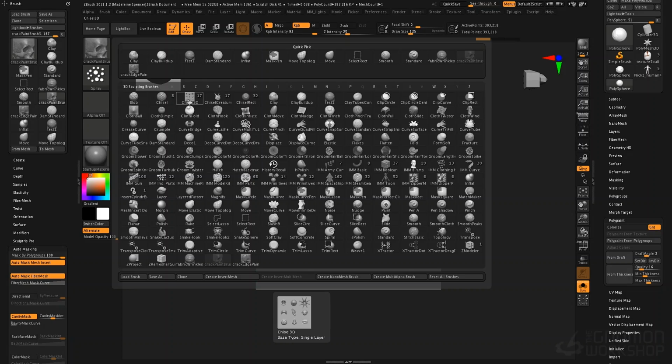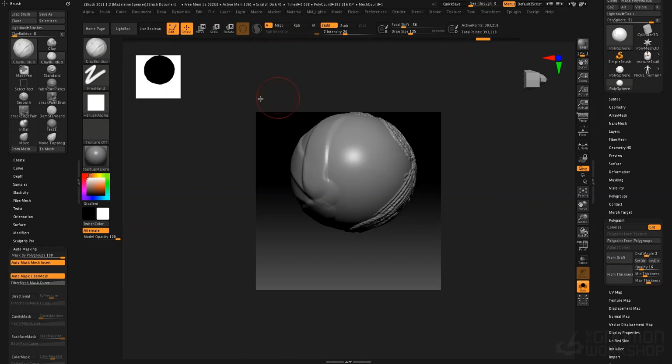Perhaps I would edit an existing brush here. Like, I very rarely use the alpha on the Clay Tubes brush. So I might turn the Clay Tubes alpha off and then save the Clay Tubes brush on top of itself without that alpha, for example. But I encourage you to be very cautious when you change that folder,